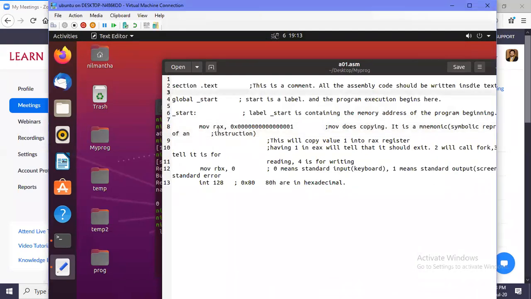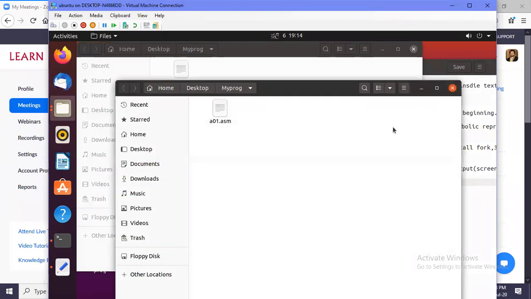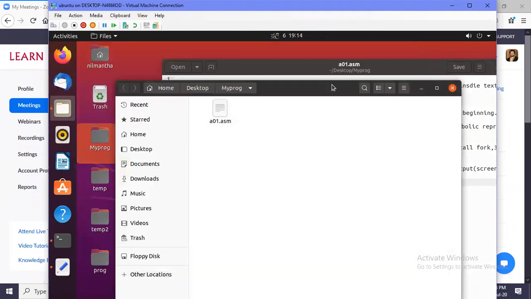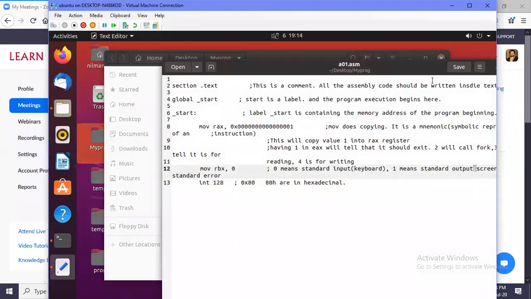If you double click, you will see what is inside. You only have one file, known as a01.asm. When we run this command, we'll see what happens.